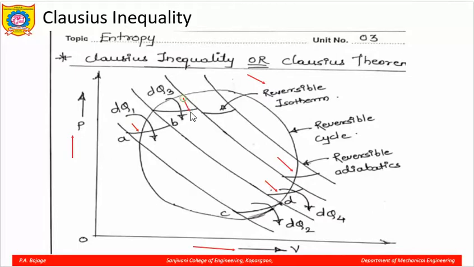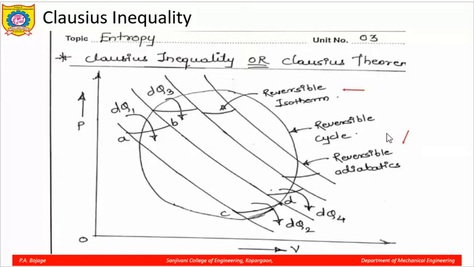Isothermals means constant temperature lines, whereas these other lines are reversible adiabats. Isotherms means temperature is constant, and an adiabatic process is a process which happens very instantly without transfer of work or